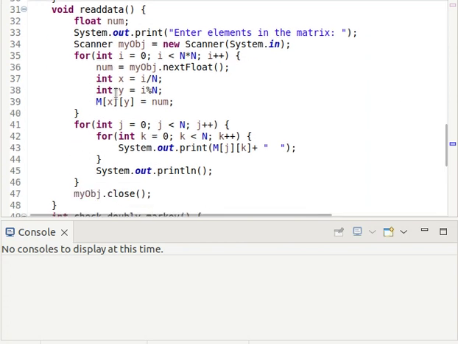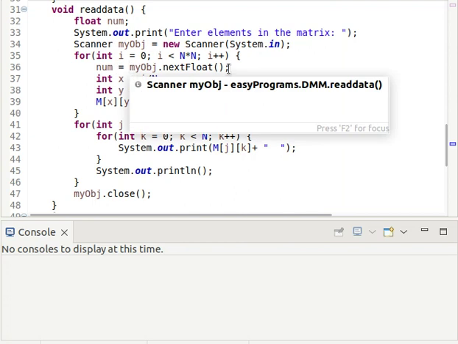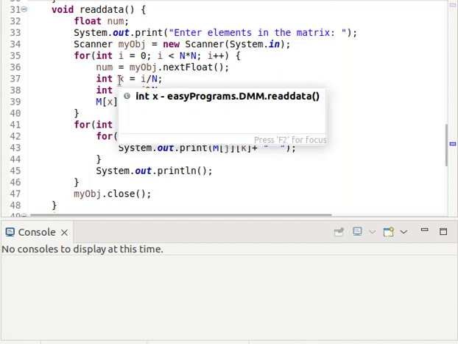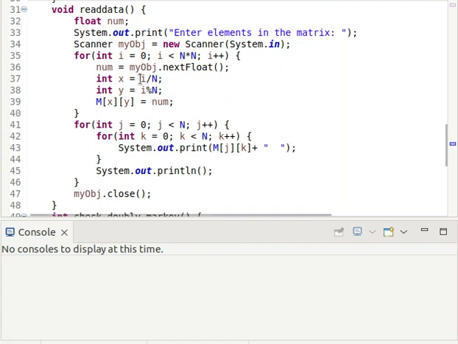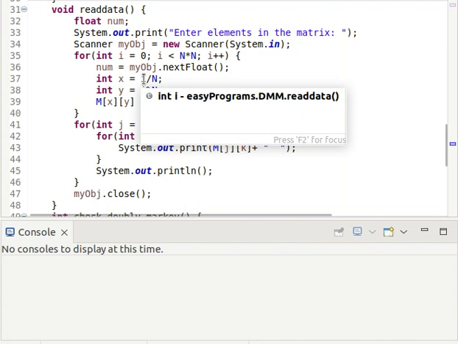Now we will read data from the user input. First it will output that enter elements in the matrix. Then we have to enter the elements of the matrix. Now in the for loop we will take each number from the user. Then int x equal to i divided by n, that is the quotient of this division. So this will be the matrix's